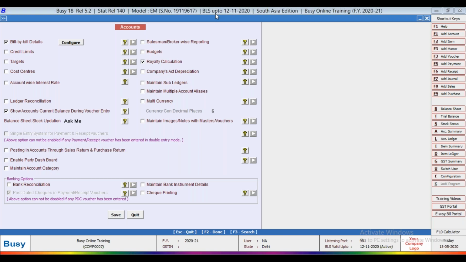So it is a very useful feature for those who are maintaining a business of books. This feature is very useful if royalty is paid on the items. It can maintain a record of royalty paid to the authors. How will it work? Let me show on the software.